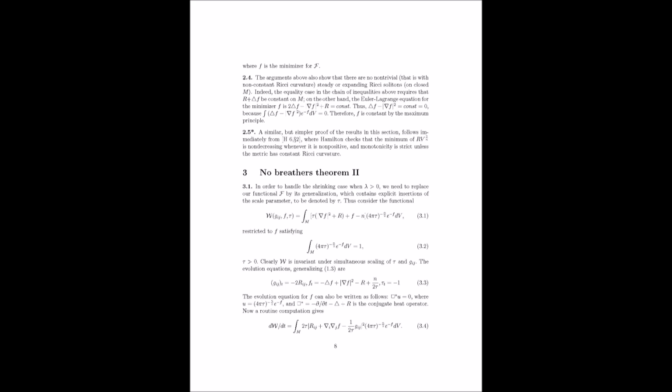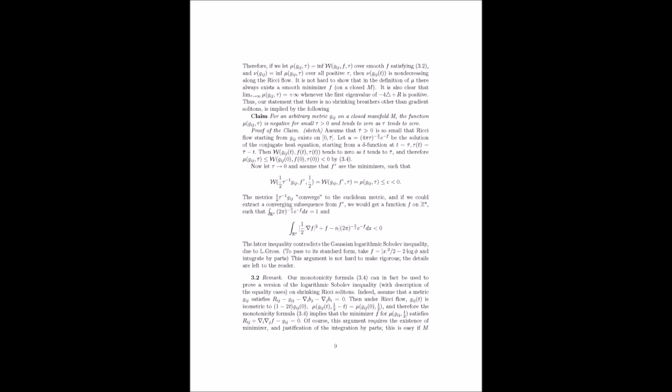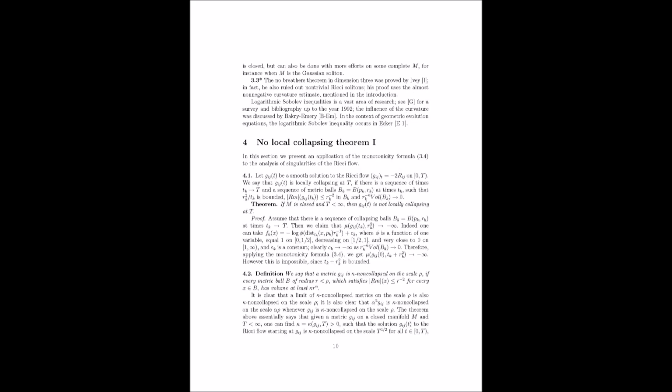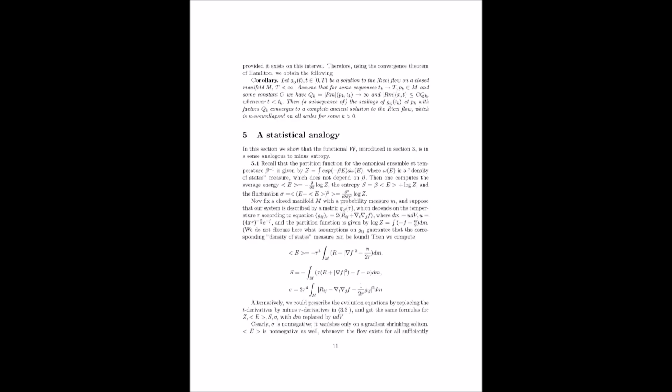But if it can only decrease or stay the same, it can't happen. It'd be like a ball rolling down a hill suddenly jumping back up. Exactly. The monotonicity of W acts as a constraint, effectively ruling out those non-trivial breathers. Wow. So he's using this clever mathematical trick to eliminate an entire class of solutions to the Ricci flow.